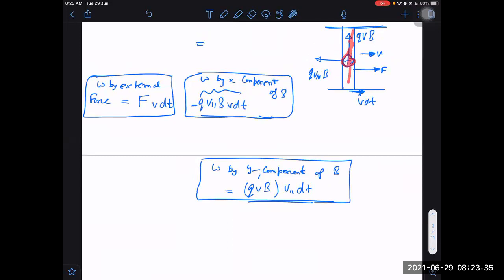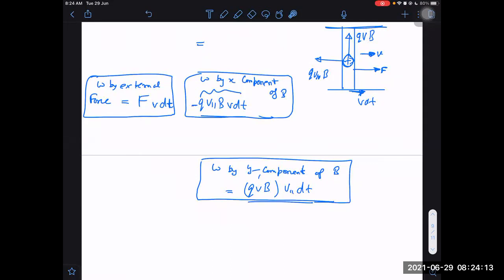It will go up and it will collide maybe, and let us say it suffers an inelastic collision, then it may lose its energy and heat energy may be dissipated. So now somebody may feel this way, that this work is being done by maybe the magnetic force only. It is gaining energy due to magnetic force, but it is not actually the magnetic force which is doing work here. It is not the magnetic force which is doing work, because the net work done by the magnetic force is always zero.